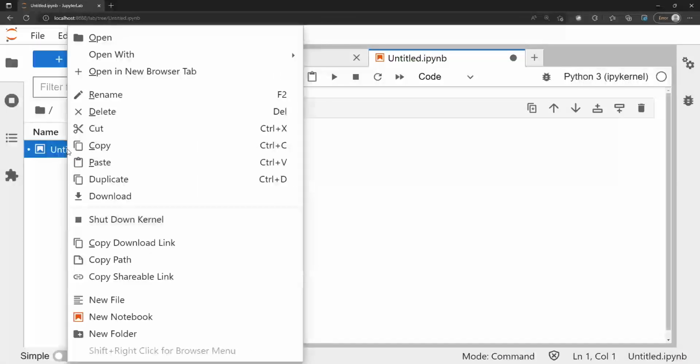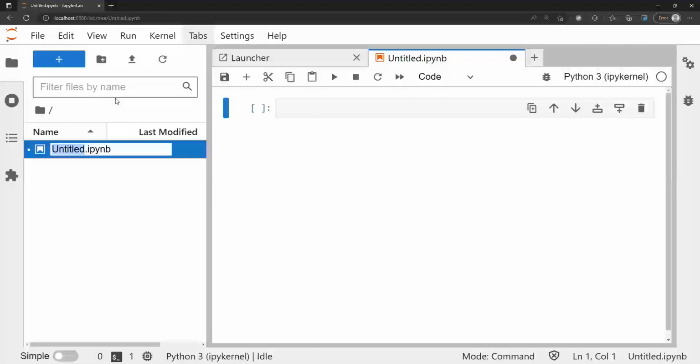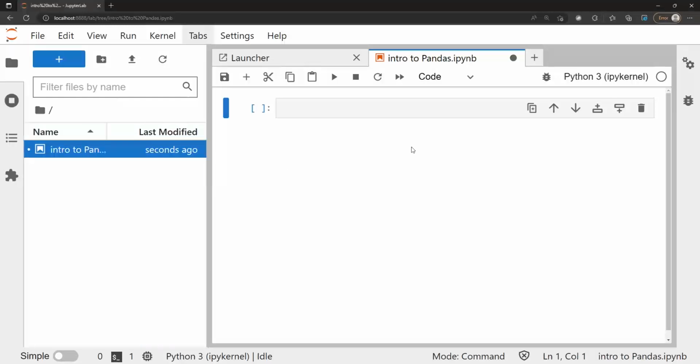Let me rename my file. I just right click on the file and rename it as intro to Pandas, and click enter. Once I'm done, I'll get back to this section right here where I'll write my code. So first of all, we need to import